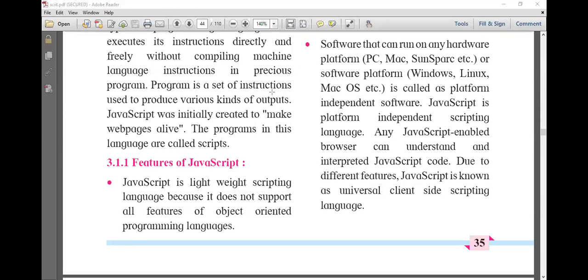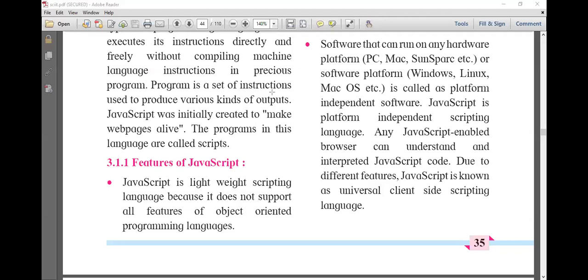Anushka is saying lightweight. Tanvi is saying lightweight. Amol, you are in a hurry, why are you making so many mistakes? Object oriented programming language, it doesn't support all features of object oriented scripting language, so it is called lightweight scripting.